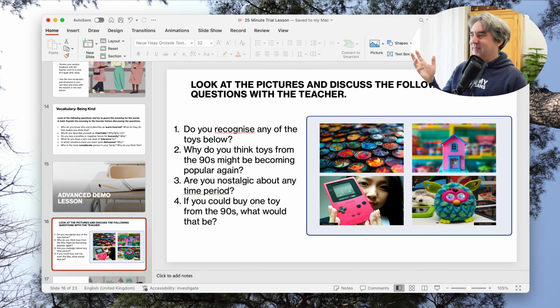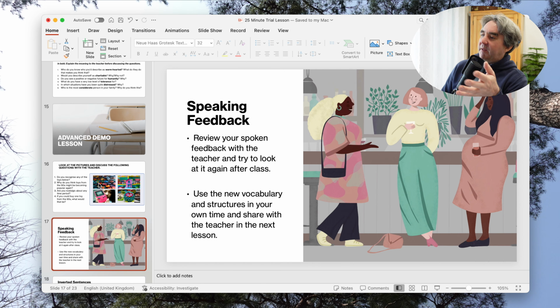I can't tell you, although I was brought up in the 1990s, of course, I was a late 70s boy, but in the 90s, I recognise these toys, though I don't recognise the top right one, I guess Barbie house, I'm not entirely sure. But here we've got some questions about toys and whether the student would recognise them. And then I've added this question: if you could buy one toy from the 1990s, or the 90s, what would that be? And this is where the focus is with the advanced lesson,